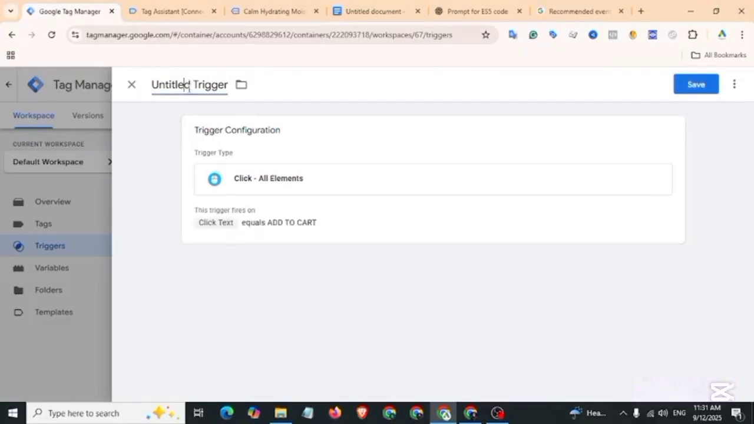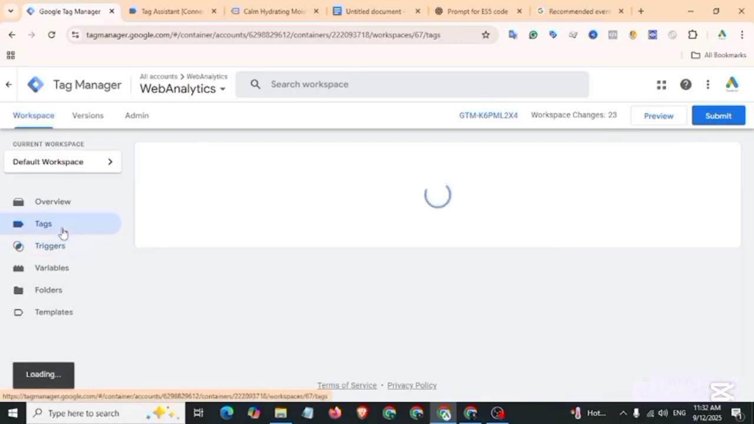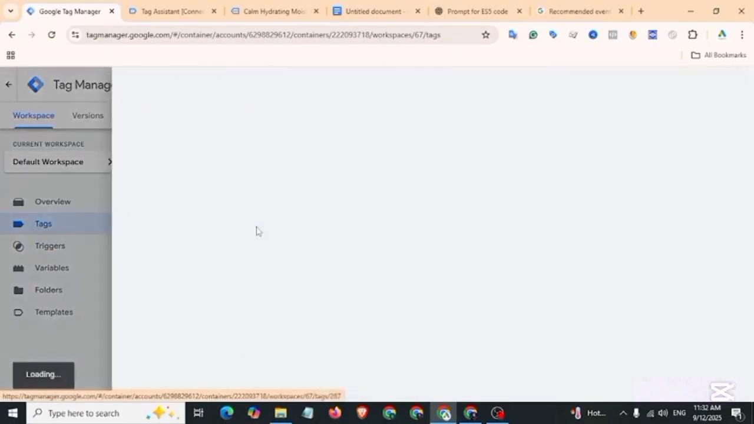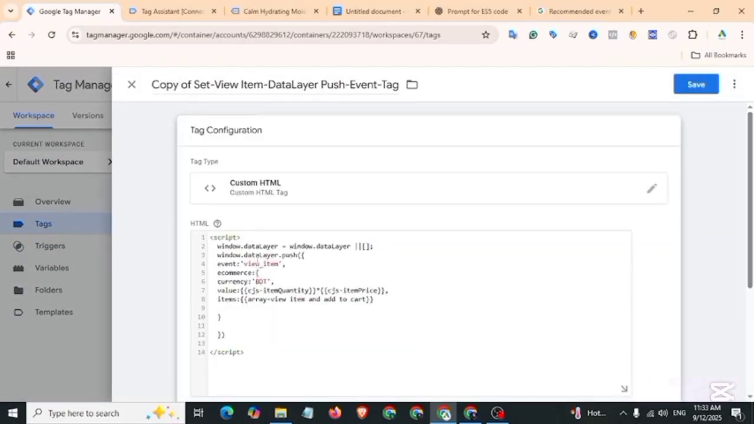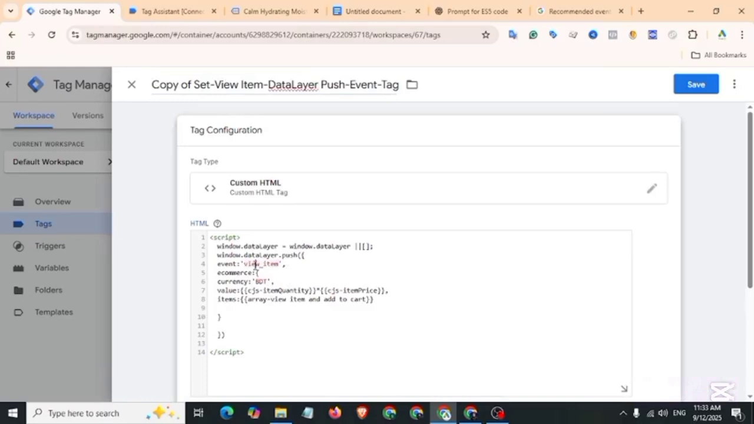Name the trigger, then save. Now we create a tag to push the add to cart event. Move on to tags and copy our set view item tag. Just customize the event name and tag name. That's it. It will work. Let's customize the event name